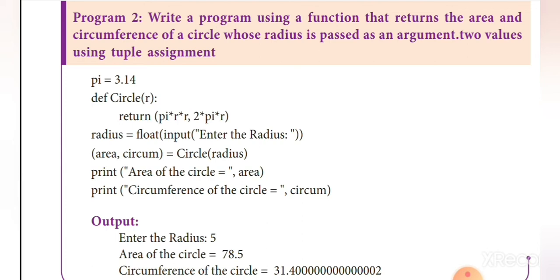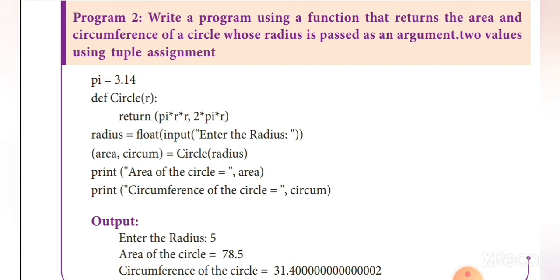Now this is a function call statement. So when the control reaches this statement, automatically the control transfers to the function circle and it assigns the value of radius to r. Okay, so the value given to radius, in this example what is the value given for radius? 5. The value 5 will be assigned to the variable r, and then it goes to the next statement, return pi into r into r. Here we substitute the value for pi, 3.14 into 5 into 5. The values are calculated. What is the value you can get? 78.5.